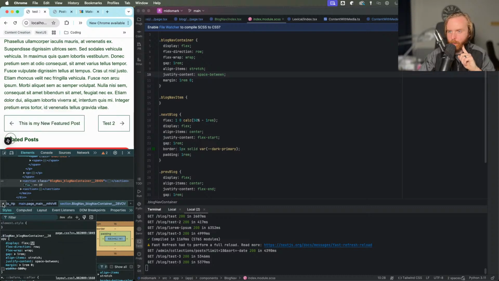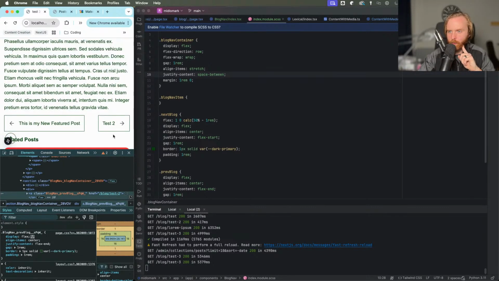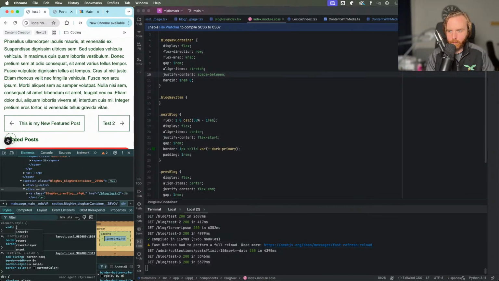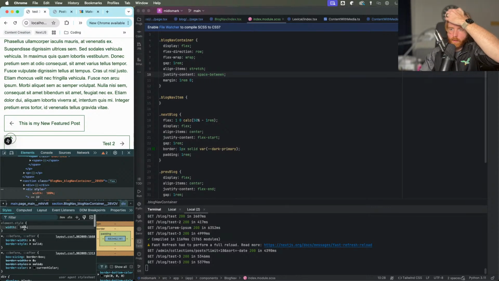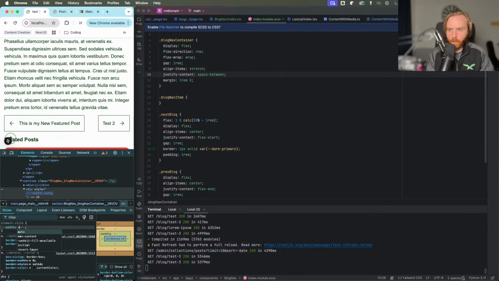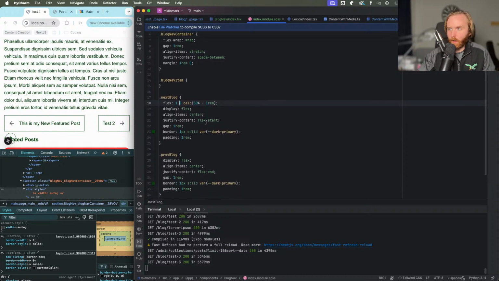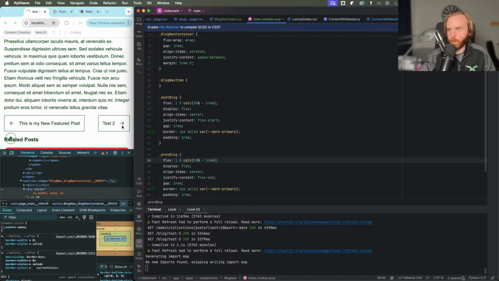So we want this to be width of 100%. Ugh, I cannot spell. All right, so not 100%, but with auto. Okay, so no. All right, so let's mess around with, oh, it's because I need to move this there. So it should be able to take up